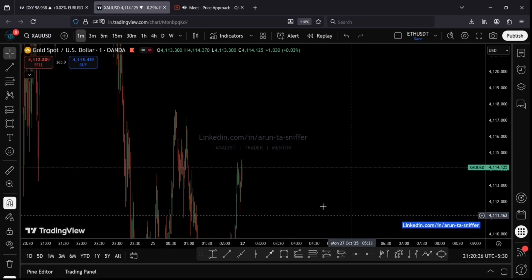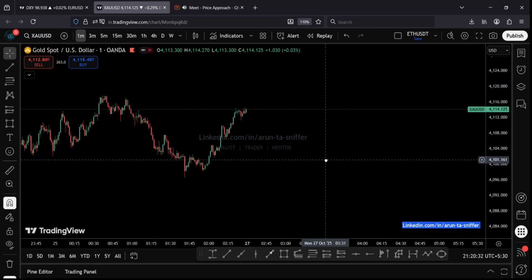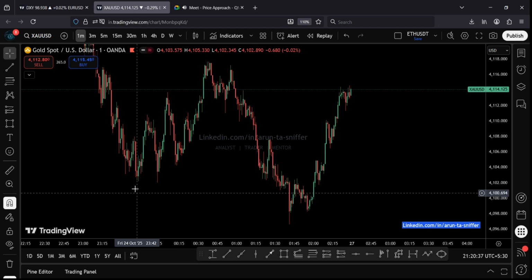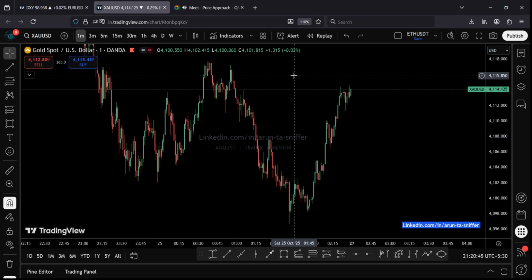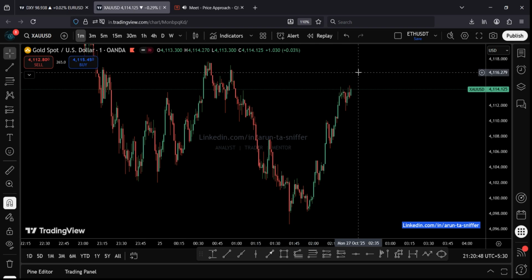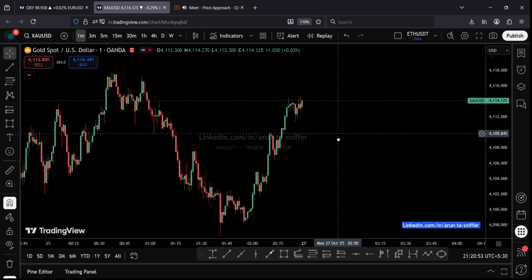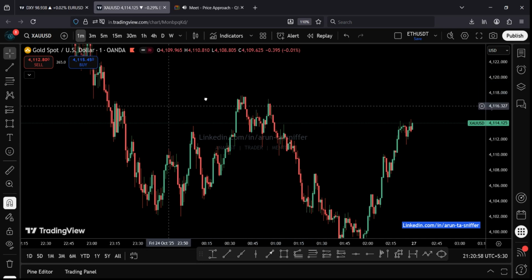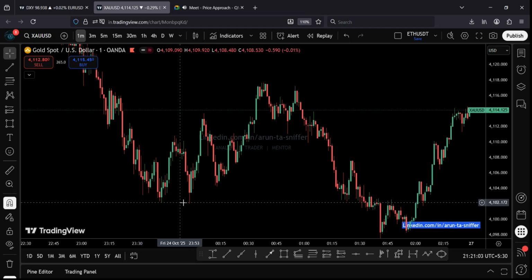Let's go to the chart and start finding. First we will find QM. A good example of QM, we don't have QM here,